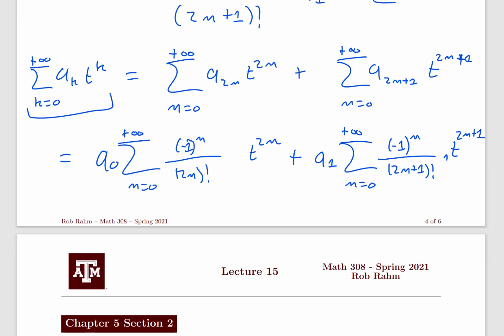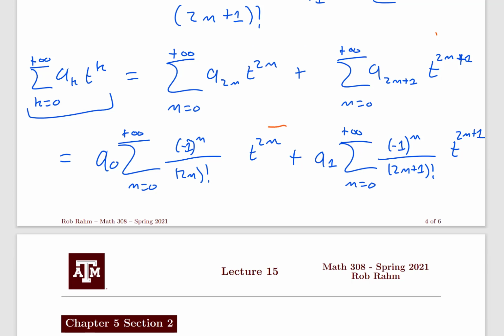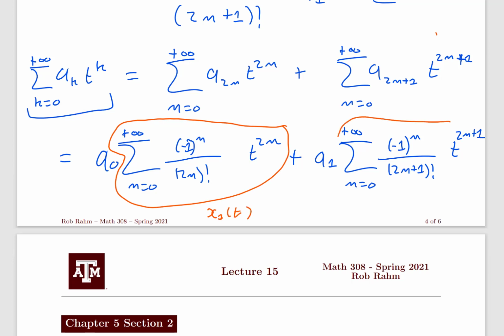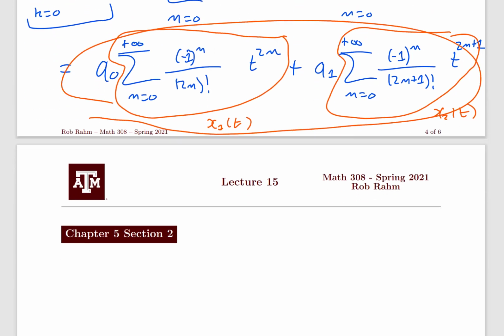Okay, so I'm going to call these two functions. This series, I'm going to call x1 of t, and this series, I'm going to call x2 of t. And I'm going to make some observations. So notice that this whole expression here is a solution to the differential equation for any value of a0 and